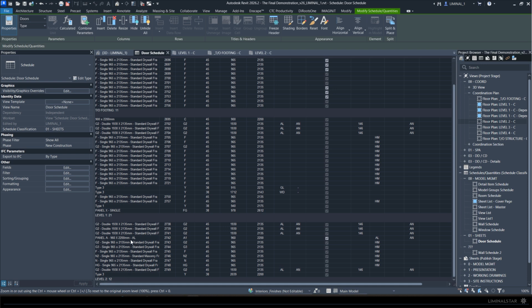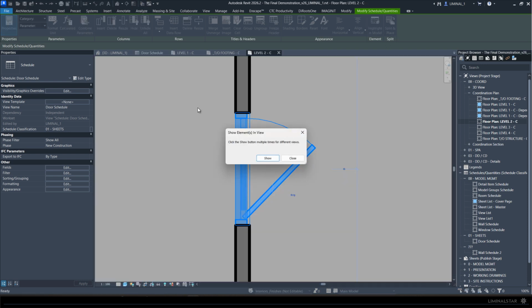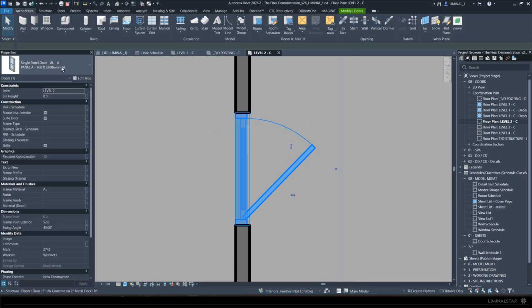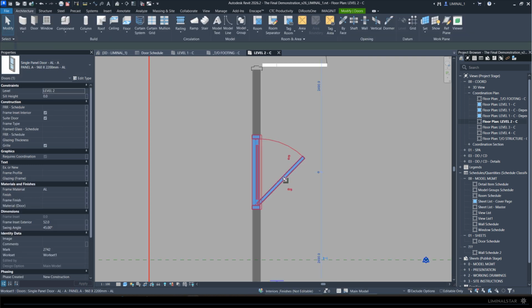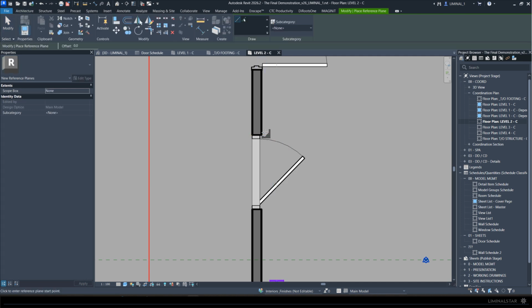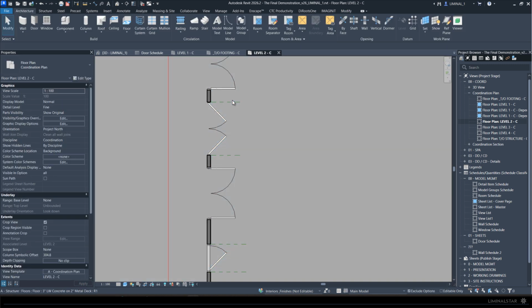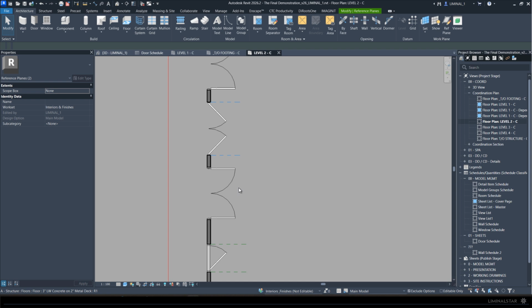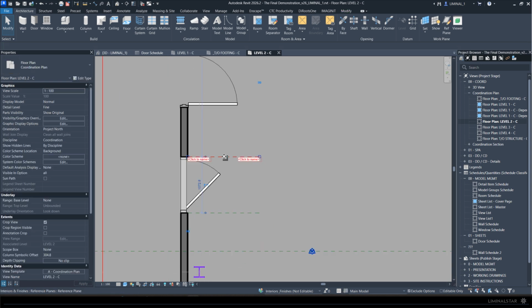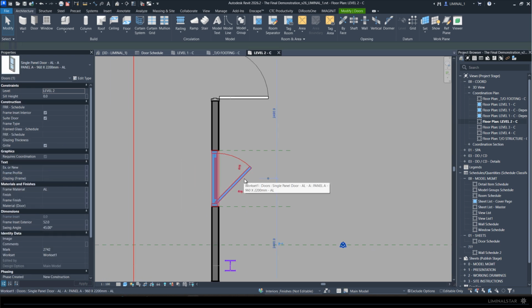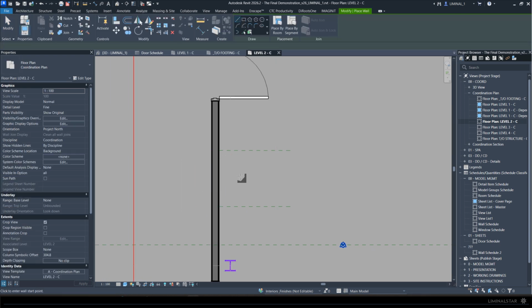I'm just wondering, do I have all of them? This guy right here seems a little bit off to me. If I say highlight and model, there's a single. So I'm going to just do the same thing. RP for reference planes. I don't need these reference planes after, I can come back and take them out. They were just to give me the length, because with the curtain wall door, it's instance based, right? So again, we can remove this, type WA,